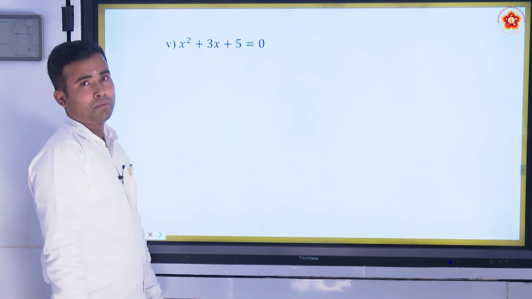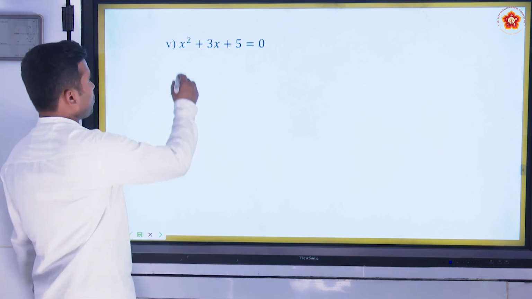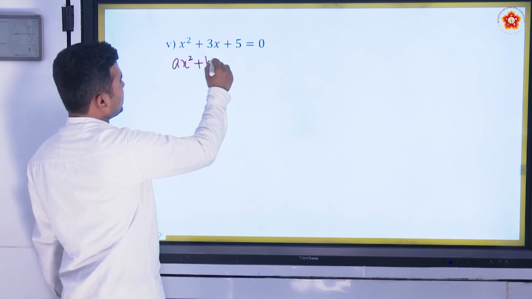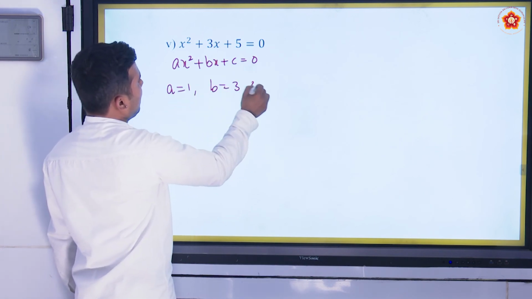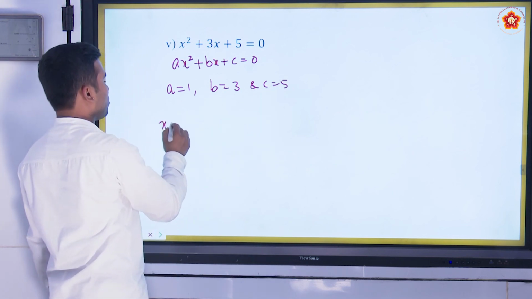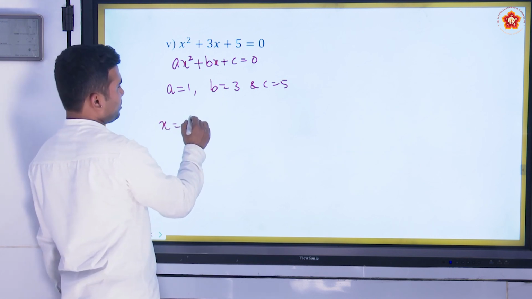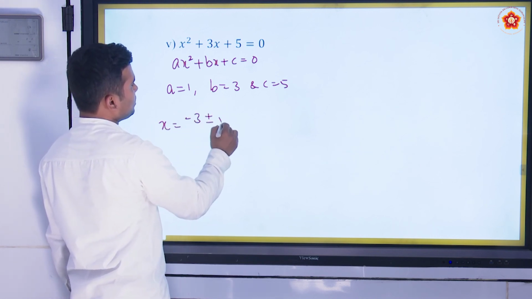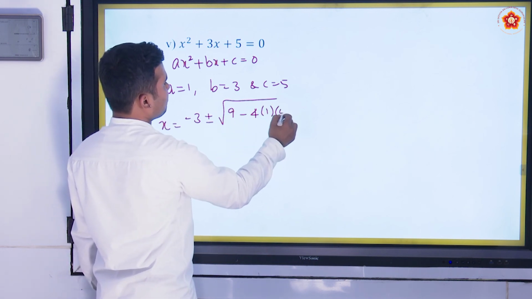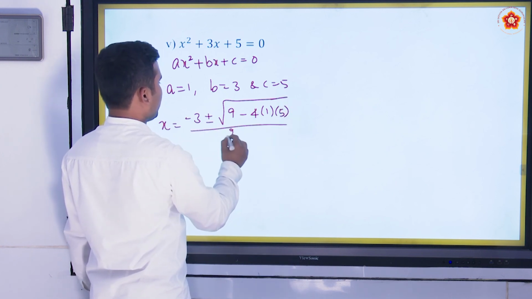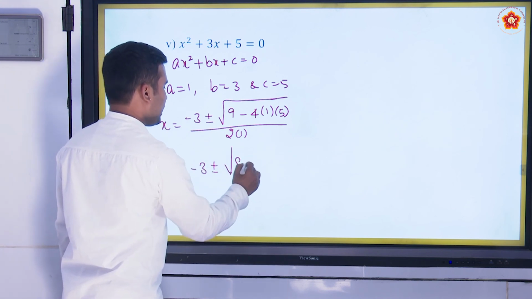Next, the last problem from this exercise 9.4, which is x square plus 3x plus 5 is equal to 0. So, compare this with ax square plus bx plus c is equal to 0, where a is equal to 1, b is equal to 3 and c is equal to 5. Use the quadratic formula or Sridharacharya's formula, you can say x is equal to minus b, minus 3, plus or minus square root of b square, that is 9, minus 4ac, 4a into c, whole divided by 2a, 2 into 1, which is equal to minus 3 plus or minus square root of 9 minus